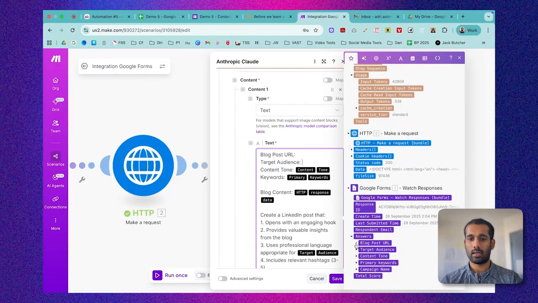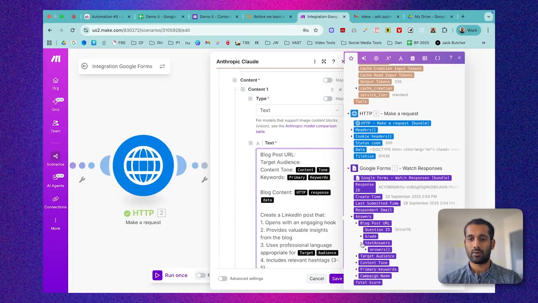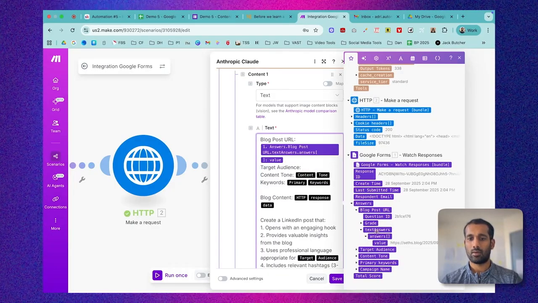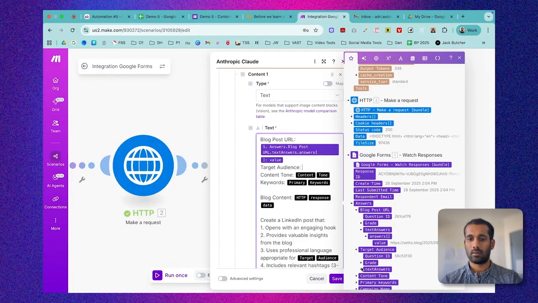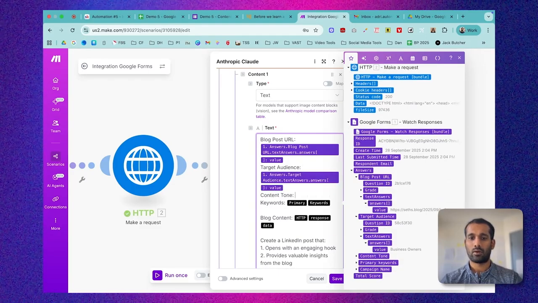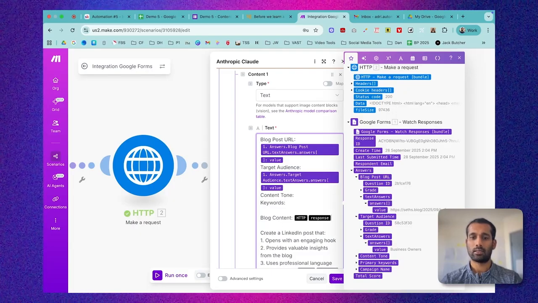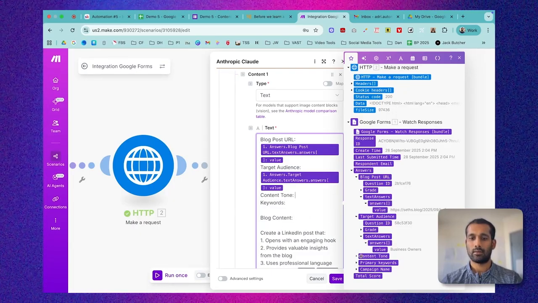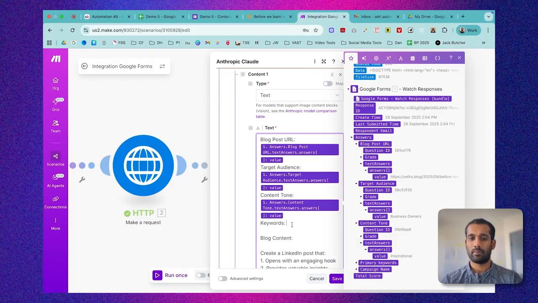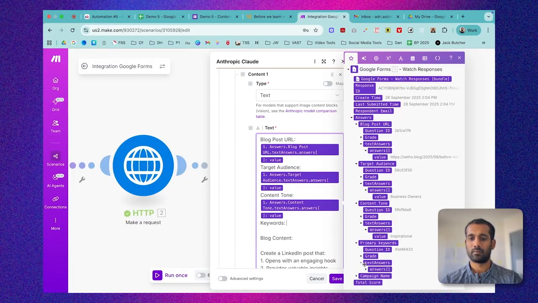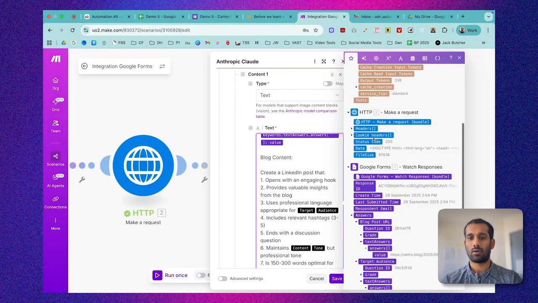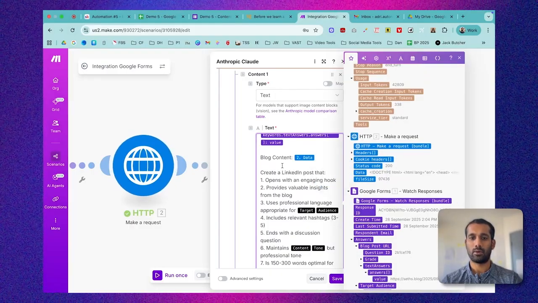So the blog post URL we are going to get from here, the target audience in here, for content tone, primary keywords, and blog post data. Similarly, we're going to plug those values in. And for our blog content, we're going to get that from our HTTP request module, and then we give it